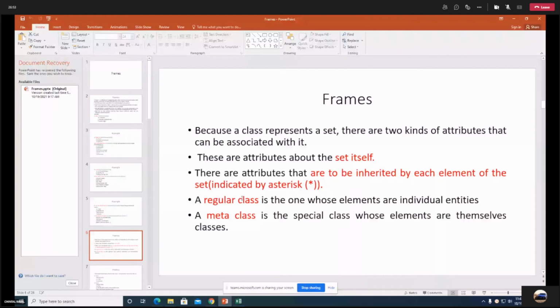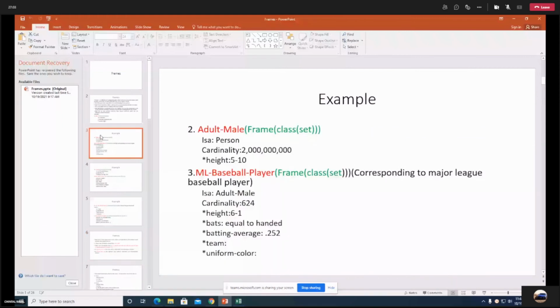Here you can see in the example, there is a class adult male, or I can say a set adult male, or a frame adult male. Two attributes are regular attributes, that is is A and cardinality. The one with the asterisk means that every element of class adult male has to inherit this attribute, which is height.